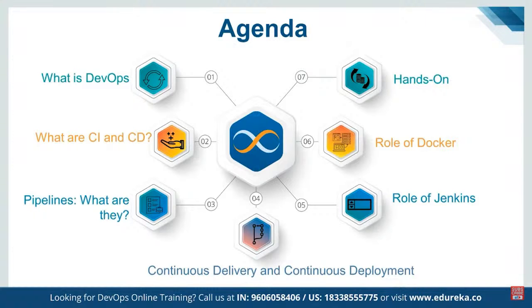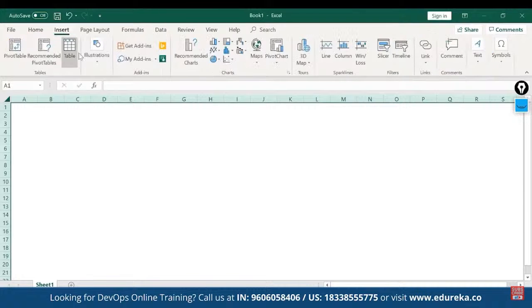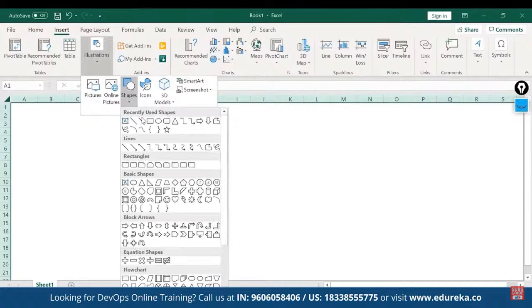So let me quickly explain what DevOps is, and then we will touch upon the CI/CD part. To understand DevOps, guys, we have to understand what the SDLC lifecycle is. SDLC lifecycle is nothing but the software development lifecycle. So what are the different